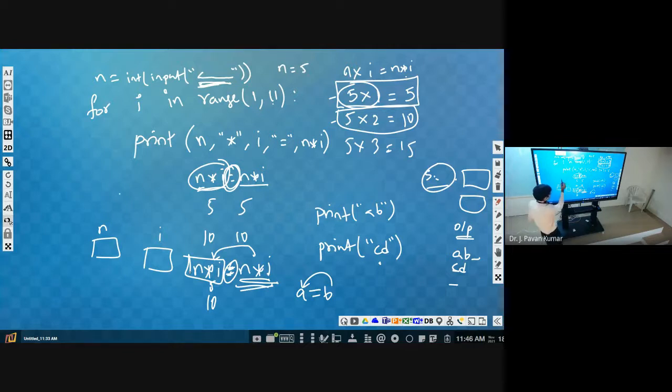Got it? Suppose you write A is equal to n into I, then it will evaluate n into I and it will be able to assign. Even n is equal to n into I is also valid. N is equal to n into I in the sense that n has memory, I has memory. Suppose n is 5 and I value is 2, then it will be multiplied and assigned to n.